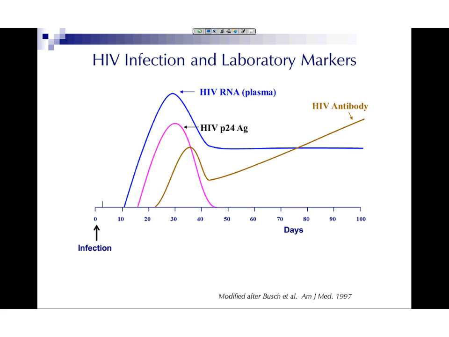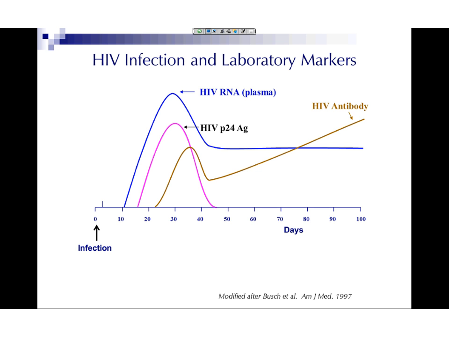Looking at a graph of exactly what happens after the time of HIV infection, on this model, HIV infection happens at point 0. The first thing to appear is HIV RNA, which shows up between 10 and 12 days or so after the time of infection. Subsequently, P24 antigen appears about 5 days after RNA, approximately 15 days after the time of infection. But as antibody begins to appear, it binds to the P24 antigen, and P24 antigen disappears.